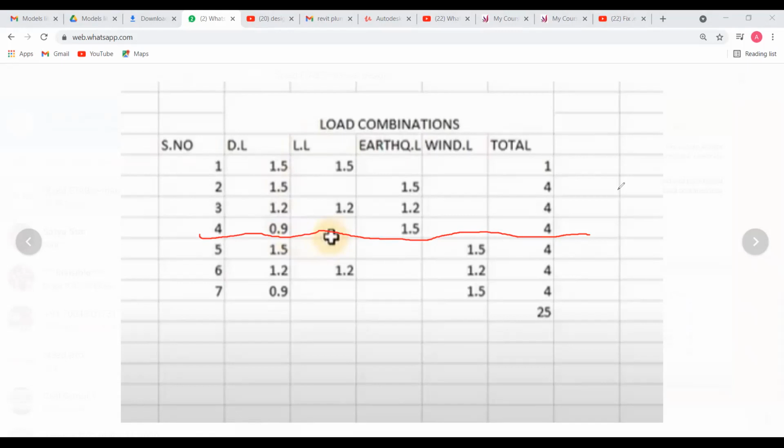Sir, what will be the total? 1444. The 4 combinations. It is showing the number of combinations. Don't go with this total. Leave this total. Okay, sir. You don't have to focus over there.